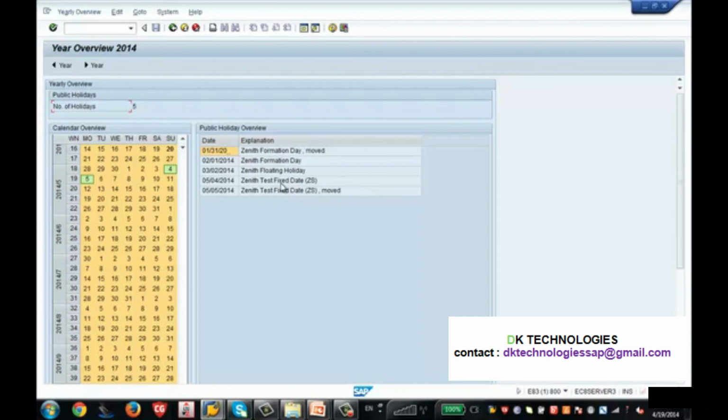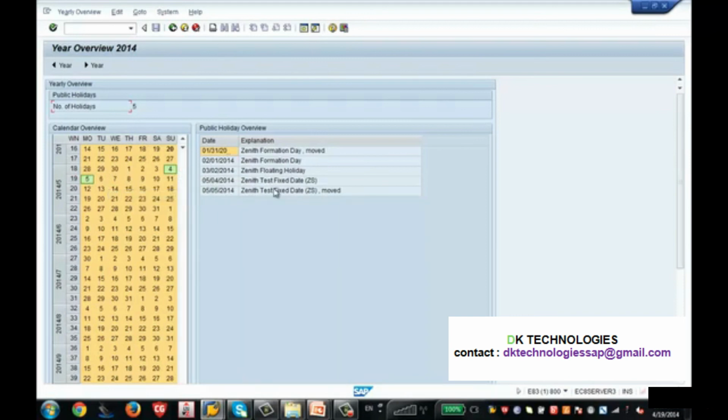I gave it on Sunday, but SAP moved it to Monday because while creating the public holiday, we have assigned a characteristic like if it is falling on Saturday or Sunday, if it is Saturday move it to Friday, if it is Sunday move it to Monday. So in this case, this public holiday was falling on Sunday, so SAP moved it to Monday.